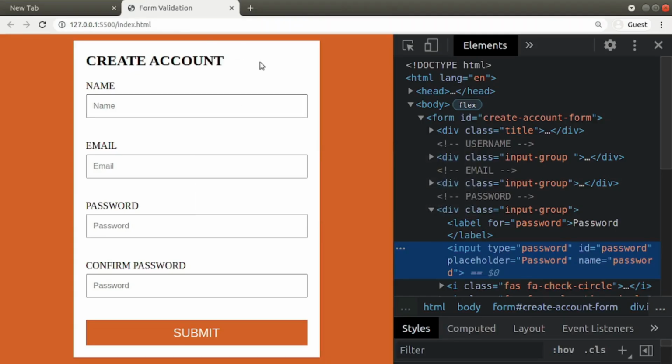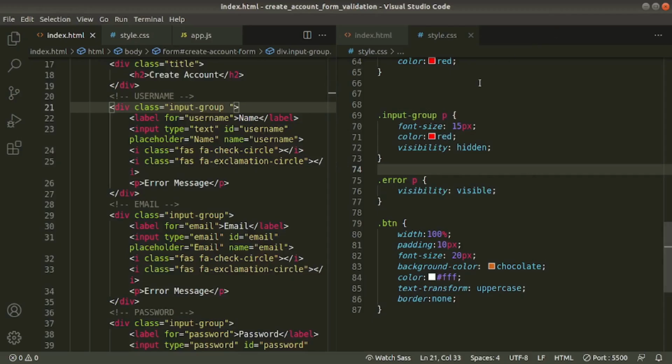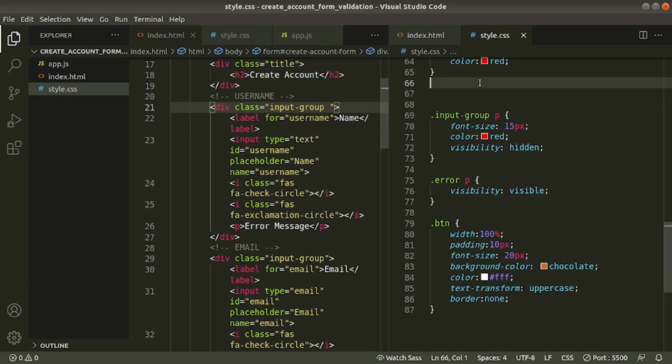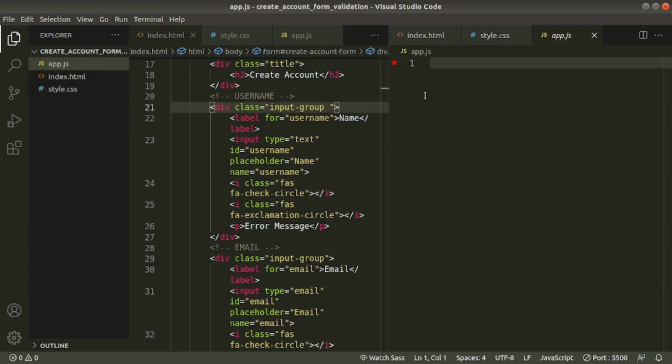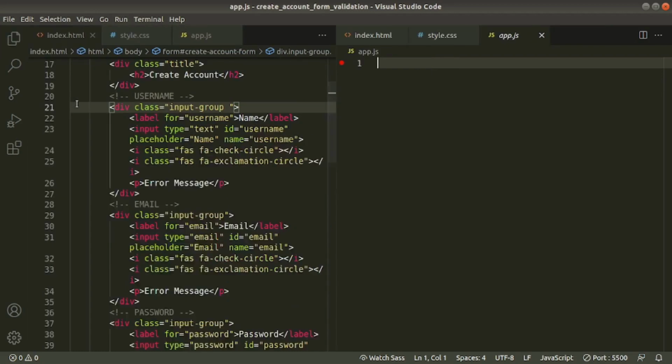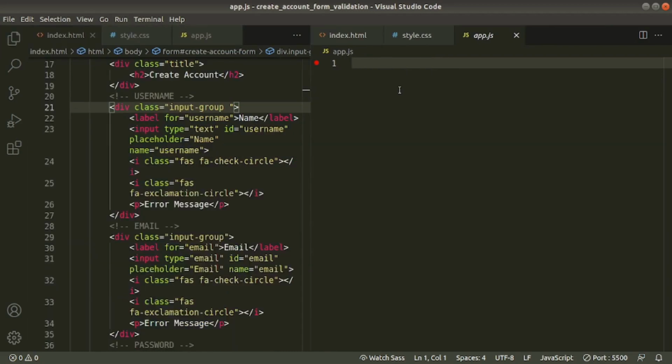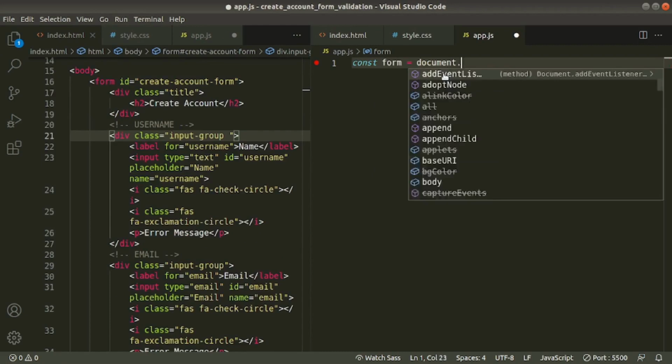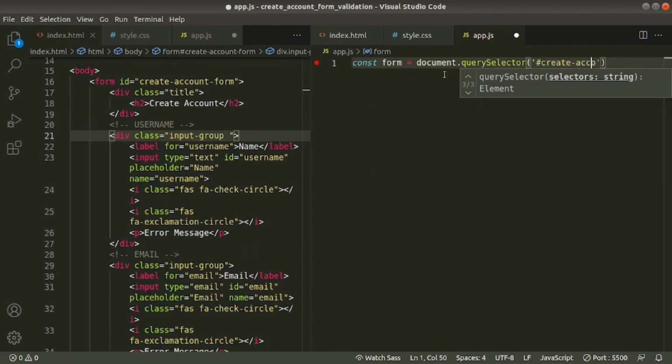Now see, in order to do this, we need to access the form, username input field, email, password, and confirm password input field inside our JavaScript. Let's go and access these inside our JavaScript. First, Ctrl B to open the file window and select the JavaScript file, and close this one again, Ctrl B. First we'll access all elements we require.